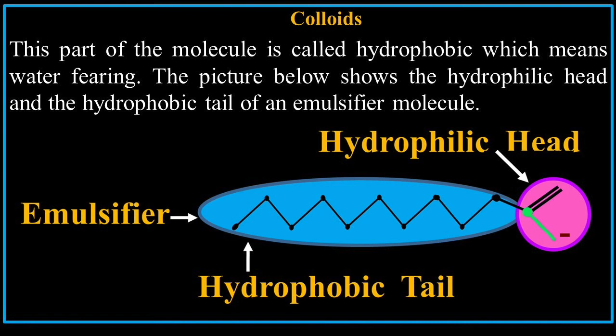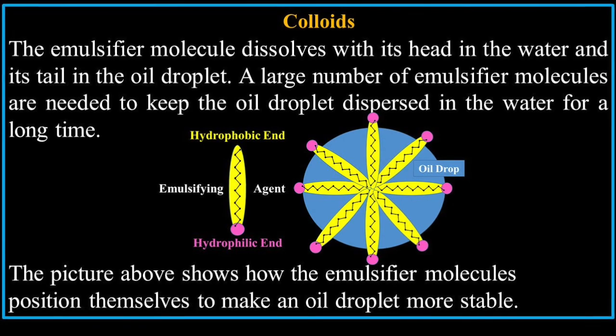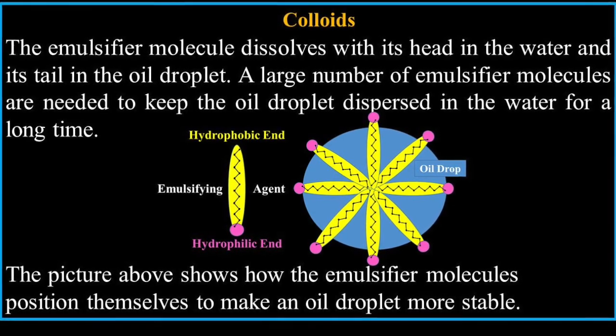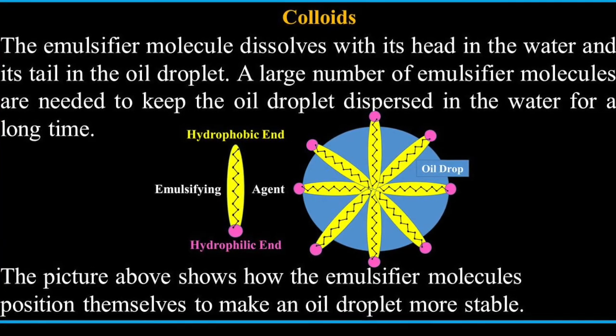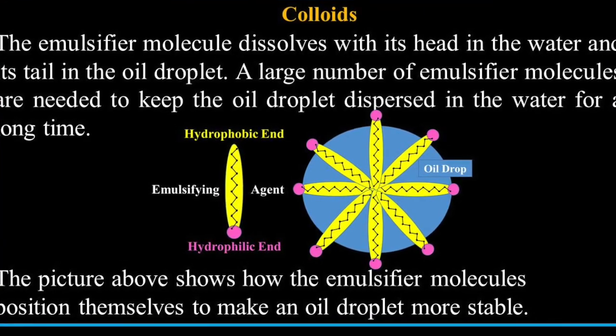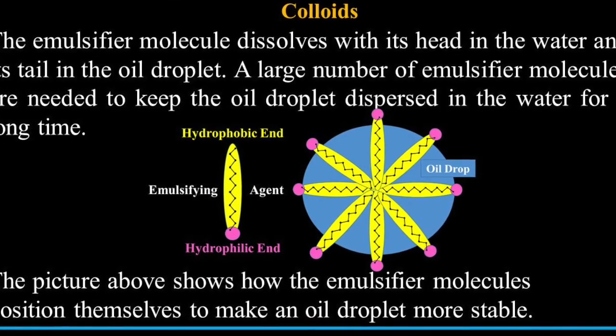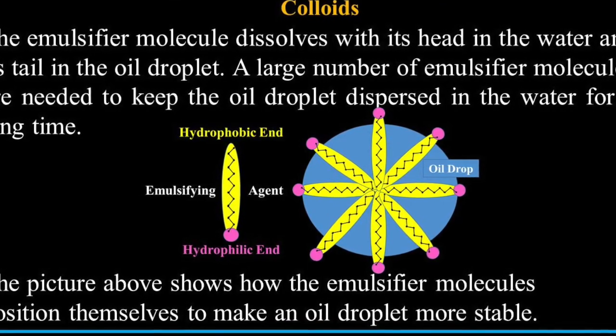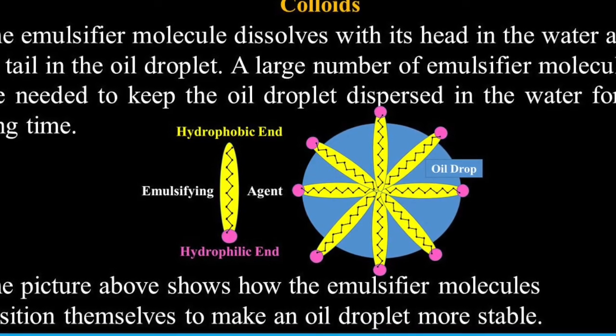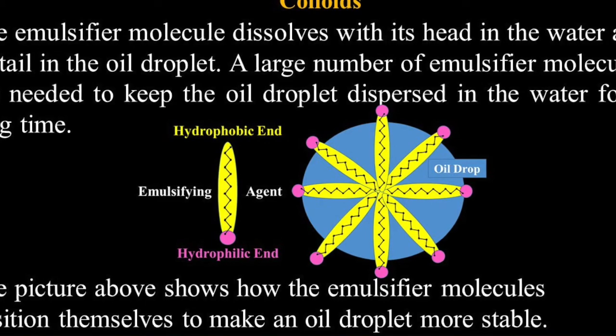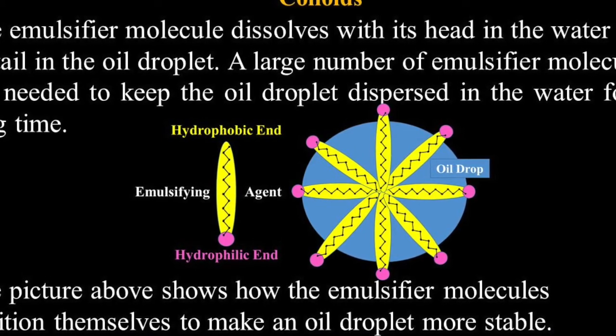Emulsifier showing hydrophobic head and hydrophilic tail. The head is pink or magenta, and the tail, the hydrophobic bit, that's going to be cyan or blue in this particular example. The emulsifier molecule dissolves with its head in the water and its tail in the oil droplet. A large number of emulsifier molecules are needed to keep the oil droplet dispersed in the water for a long time. The picture above shows how the emulsifier molecules position themselves to make an oil droplet